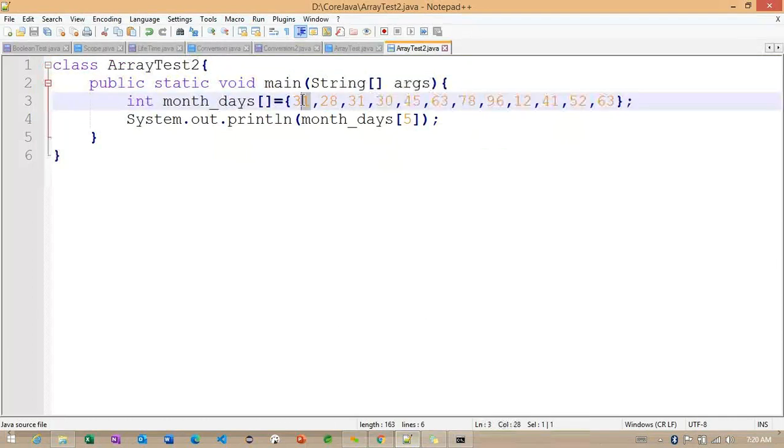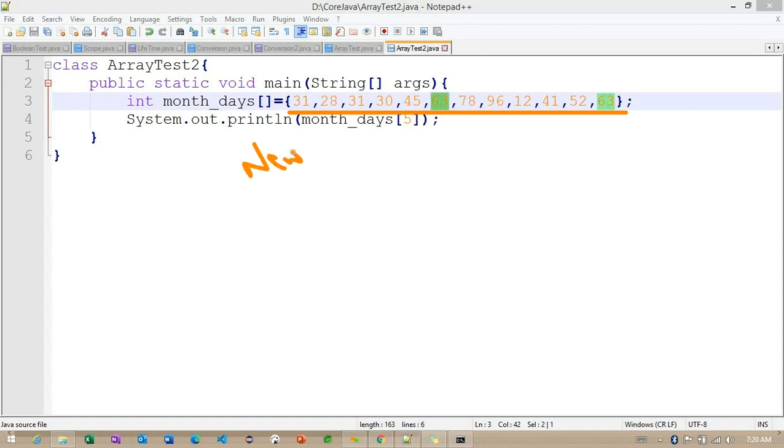Now you can see the first value is going to be stored in the 0 index location, then the first location, second location, third, fourth, and fifth location. Getting the point? The only advantage we get whenever we define the values like this is that, based on this size, a new array is created internally.